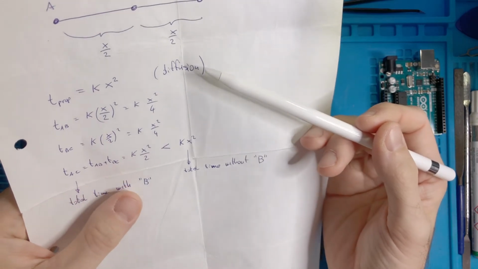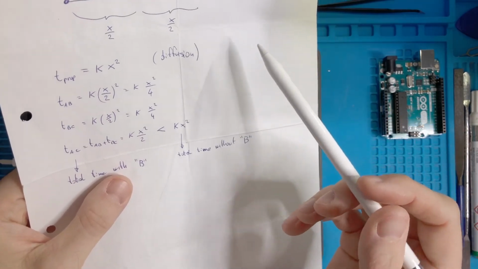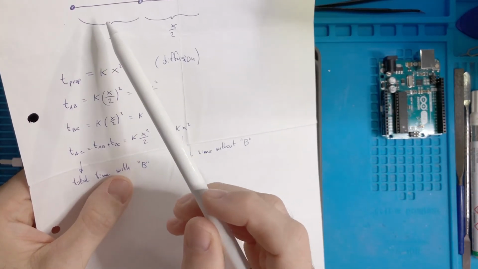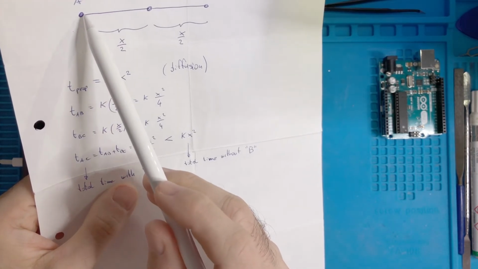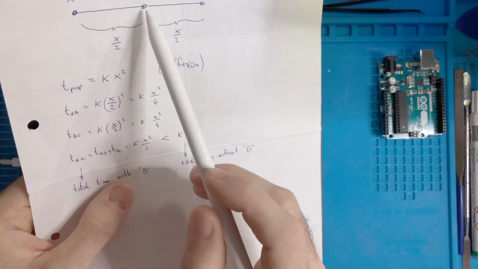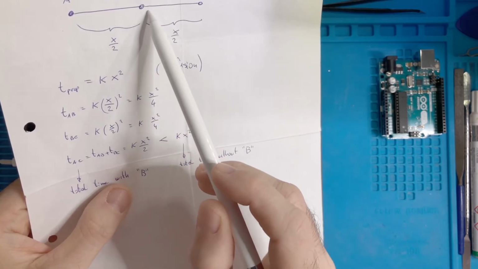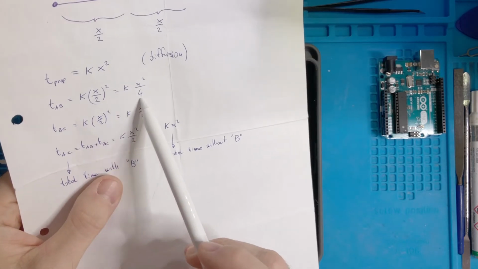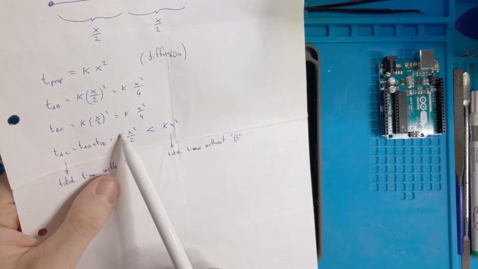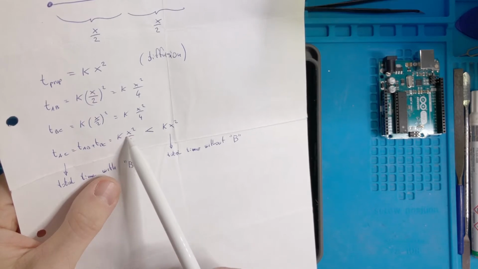And now the strange thing that happens is that if you put together the two timings, the timing for the signal propagating from A to B and then from B to C after it has been regenerated in B, this time is the summation of those two, and so it's kx squared divided by 2,